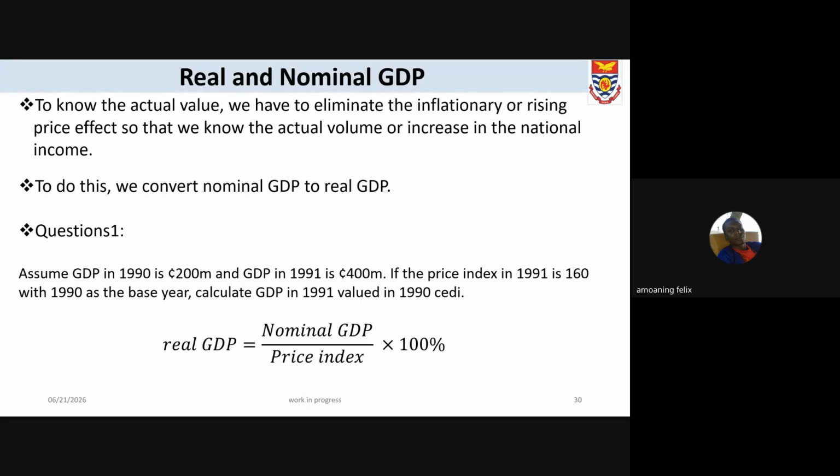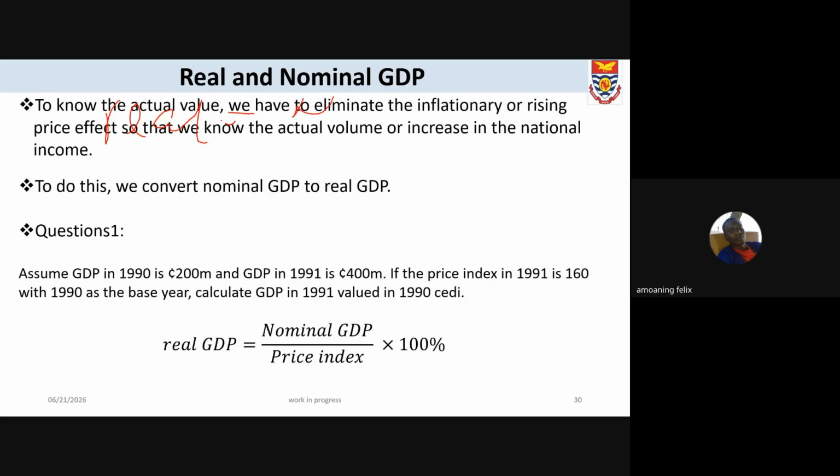now to know the actual value, we eliminate the inflationary or the rising price effect so that we know the actual value, or the actual volume, or the actual increase in national income. And how do we do it? We try to convert our nominal GDP to real GDP. Okay. So the way we can convert our nominal GDP to real GDP is to say that your real GDP